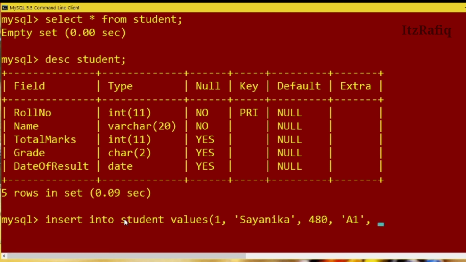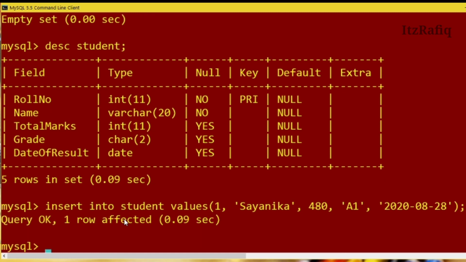Now the date of the result, suppose today's date, it is 2020 dash, month is 08 dash, then the date 28. You can give the quotation or you can skip it also, both will work. Close the brackets and semicolon to run the query.